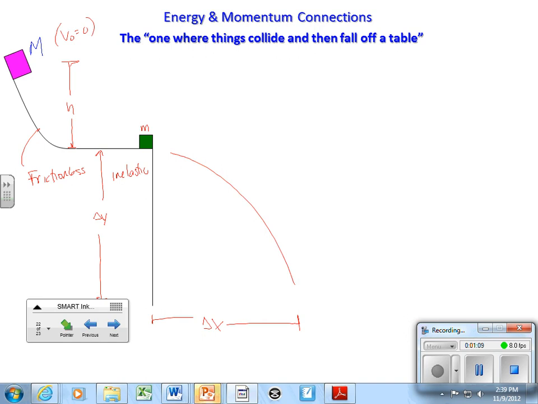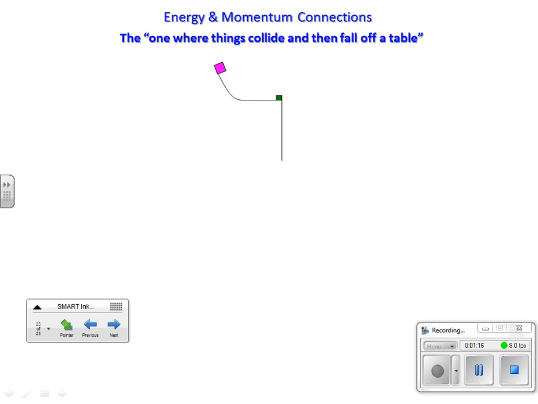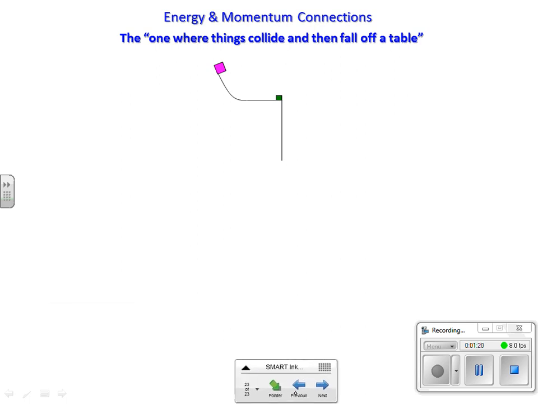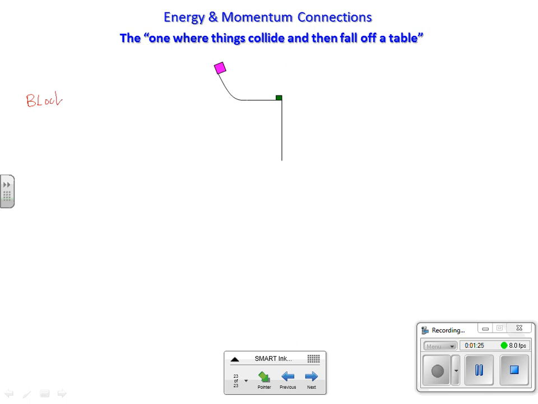So what I did was I added a slide on the next page for me to have some more room to deal with this. All right. So there's really what I can sort of think of as three things to look at. One, block M